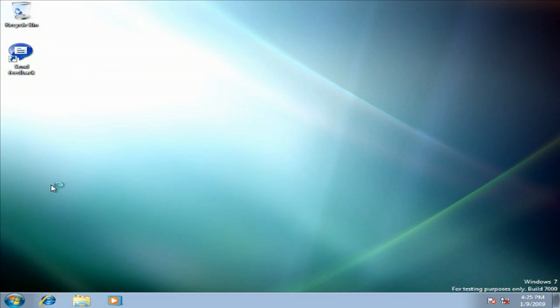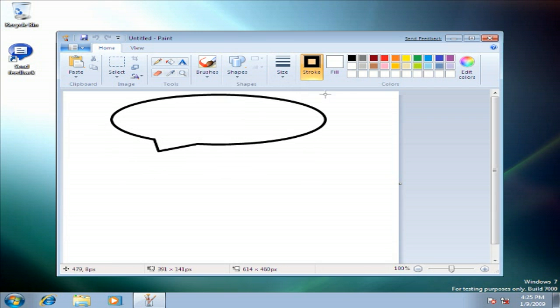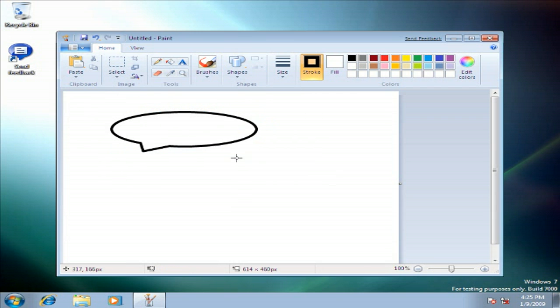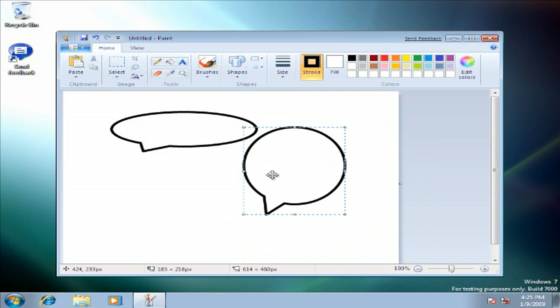Now they completely redid Paint. So this is what Paint looks like right now with Windows 7. Here you can select the shapes that you want, and it looks like you can do a speech bubble. That's a speech bubble. Let me do another one for you. And here you can resize it to the size that you want. You can take the eraser just like in normal Paint and erase it, or go to wherever the file new is. I don't know where that is, but